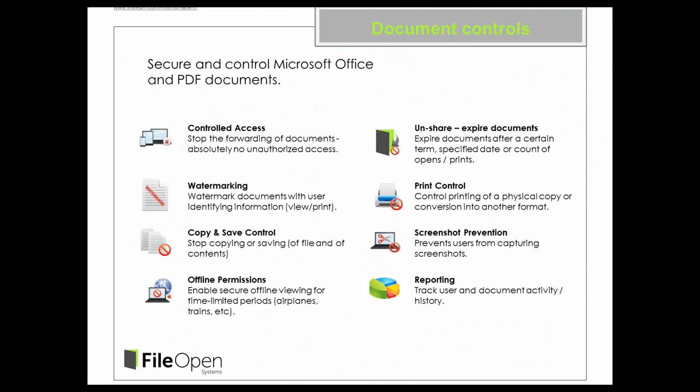You can provide offline permissions if the user needs to access the document, for example, on a train or a plane where they may not have internet access. But those documents are still secured even though they're accessing them offline. You can control printing to any level that you want. So it's not just a case of saying, yes, you can print or no, you can't. You can control it right down to the page that the user prints. You can also prevent screenshot capturing, so Snipping Tool and Snagit and all those other tools, you can prevent those from